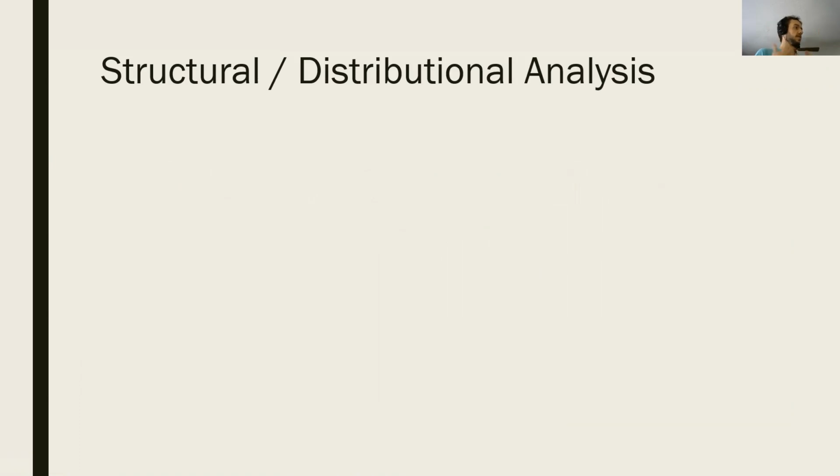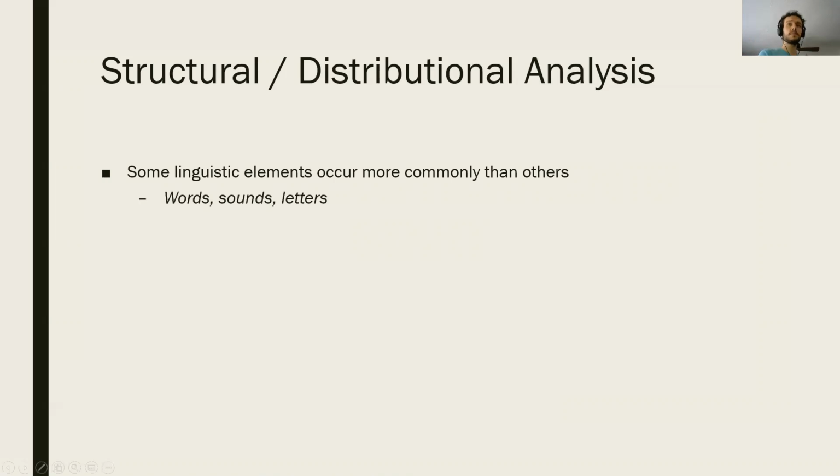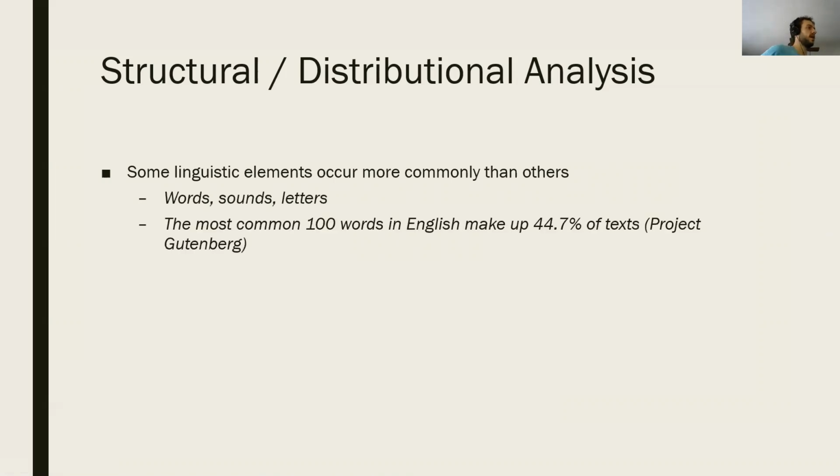Well, firstly, one thing that we can do is do a structural or distributional analysis. So what this means is that we take note of the fact that linguistic elements often occur more commonly than others. So there are some words which we know occur more commonly than others, some sounds which we know occur more commonly than others, and letters similarly as well. And if you know what the most frequent words, for example, in a language are, it is actually a very helpful thing, because